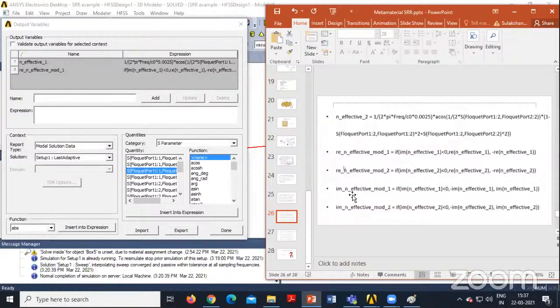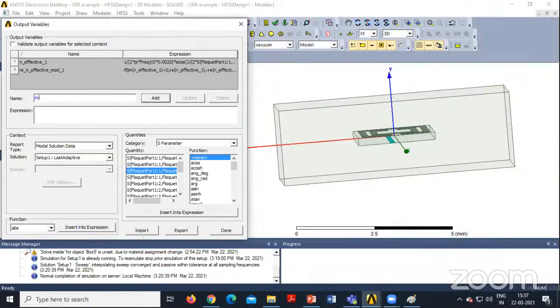Okay. Imaginary part of this formula. This formula we have to write. So the expression is imaginary underscore n underscore. I just want to show you the graph that is being plotted using the formulas. Until and unless I define all these things, I cannot plot the graph. Since we have simulated and we got the simulation results, it is best to show the graphs. That's my intention. Effective underscore mod 1 is equal to,